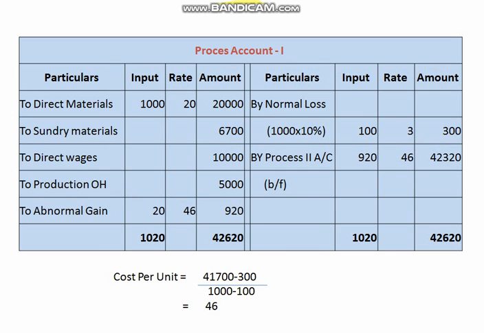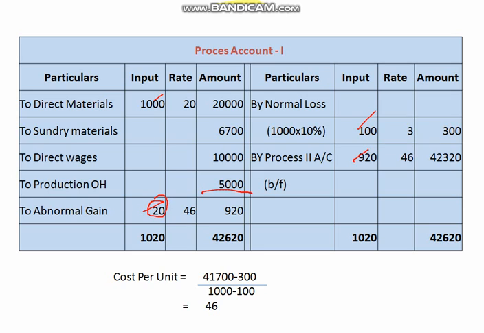Now, if you see this one, the first debit side 1000, and this side is how much? They gave in the problem 1020. This side is more, so obviously the difference comes on this side. That 20 is the abnormal. Debit side means abnormal gain. So you need to find it now.